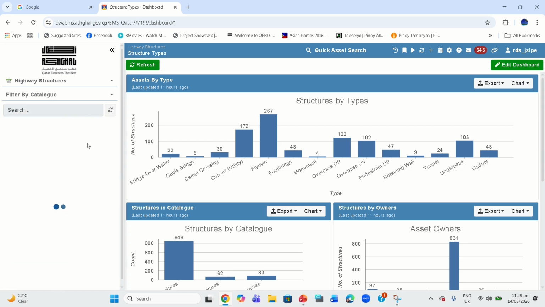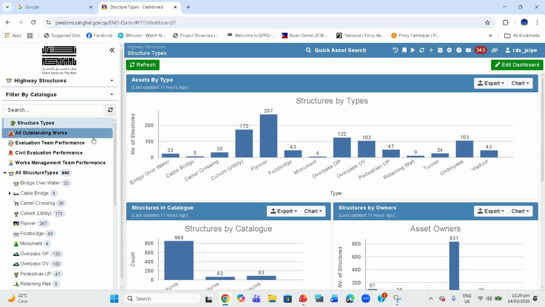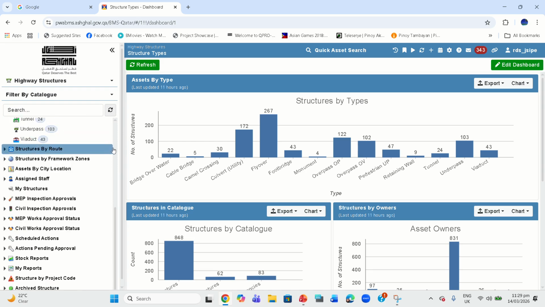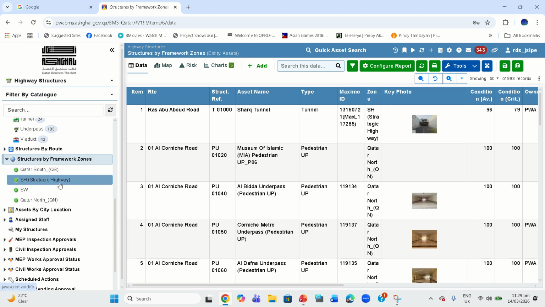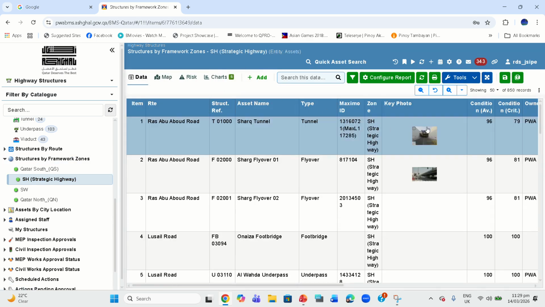But for this one, you should select the structure by framework zone, and select only the strategic highways so that you can concentrate on these structures only. Okay, select this one.